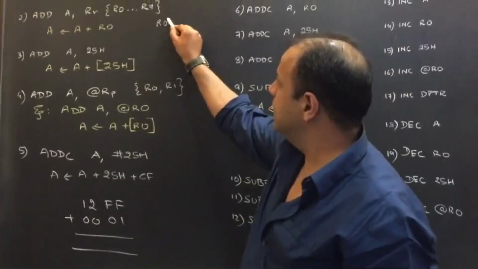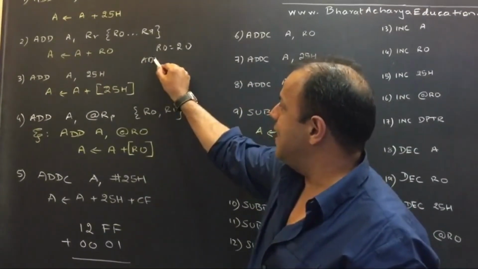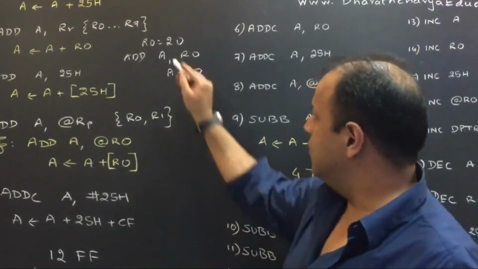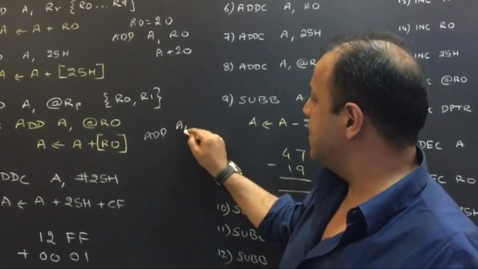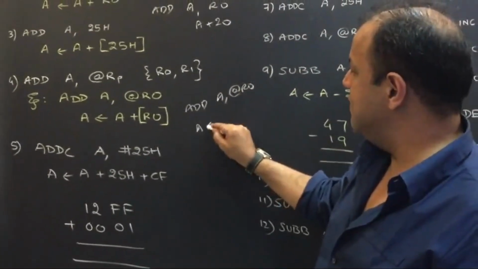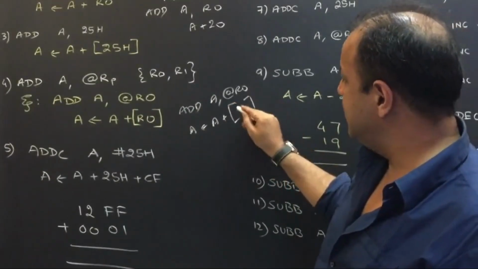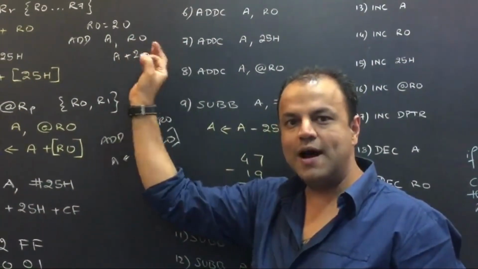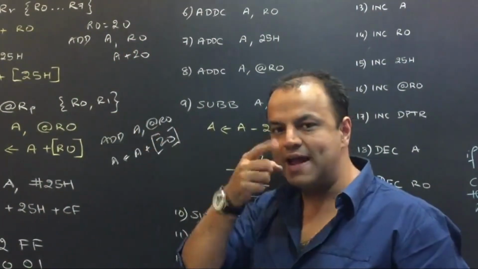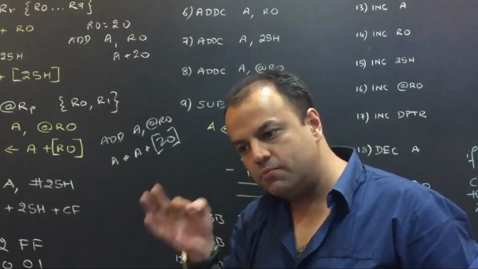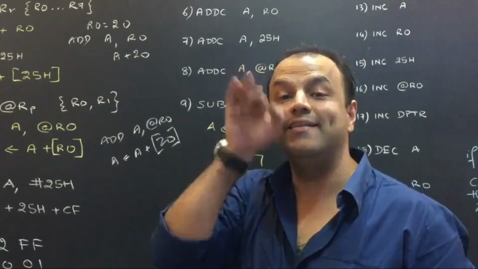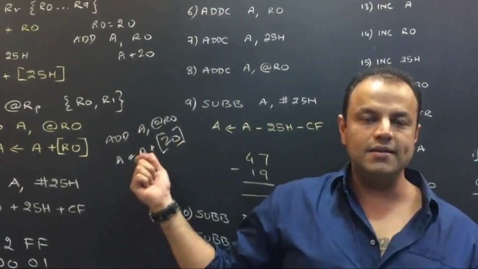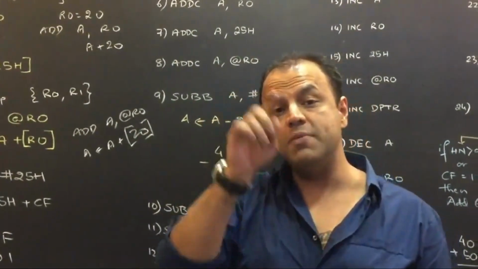Suppose R0 is 20. When I write add A, R0, I'm doing A plus 20. Do you understand this much? Now, instead of that, if I write add A, @R0, I'm doing A will get the result of A plus contents of location 20. Here when you write simply R0, R0 gives the data. Here, if you write @R0, whatever is the number present in R0, it will act as an address. You will get data from that address. Are you clear? So A is getting the result of A plus contents of the memory location pointed